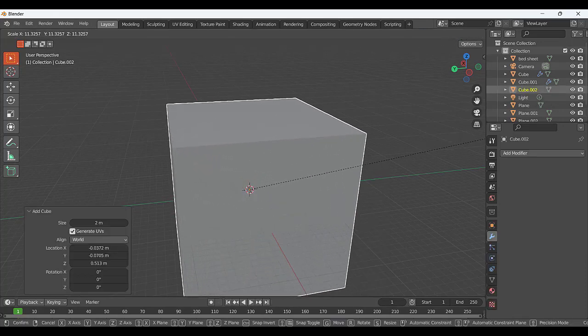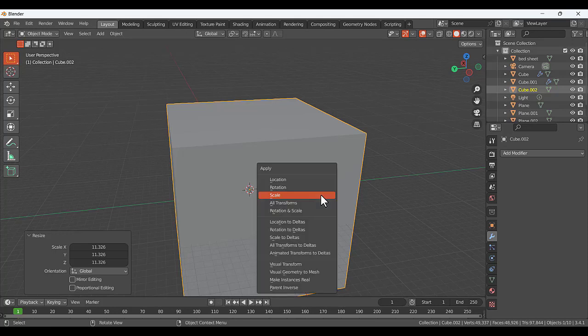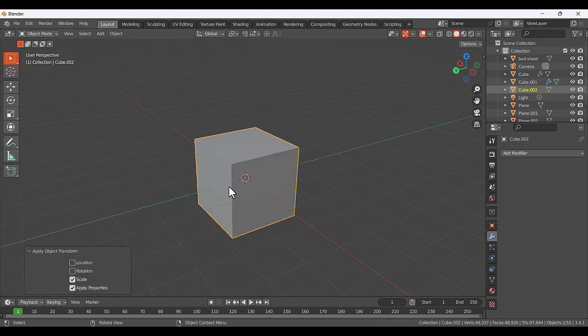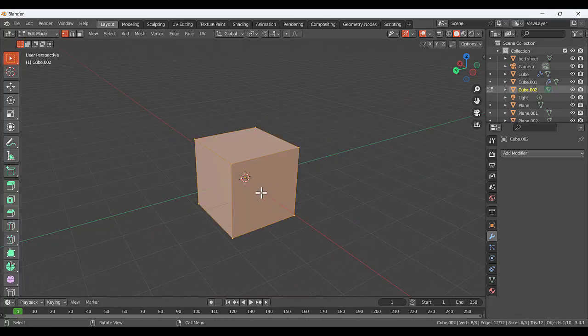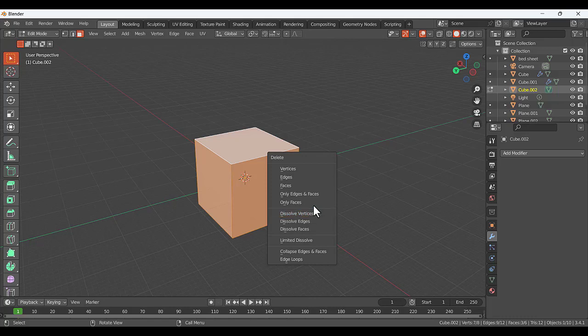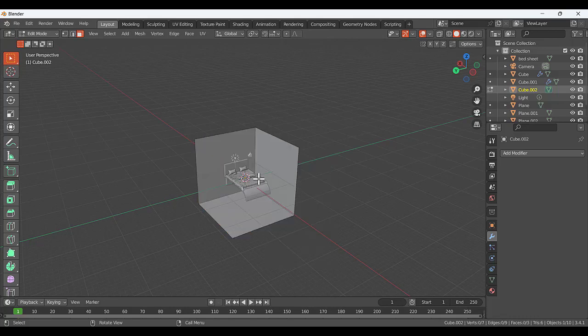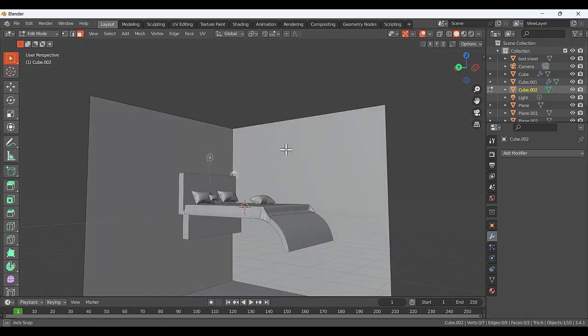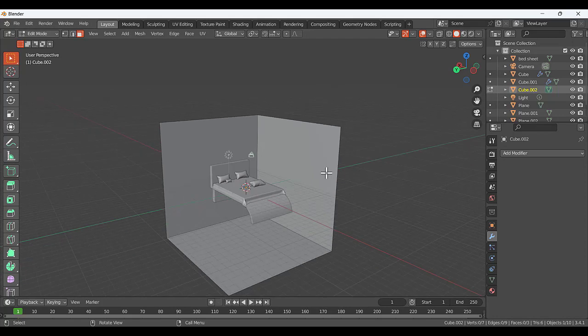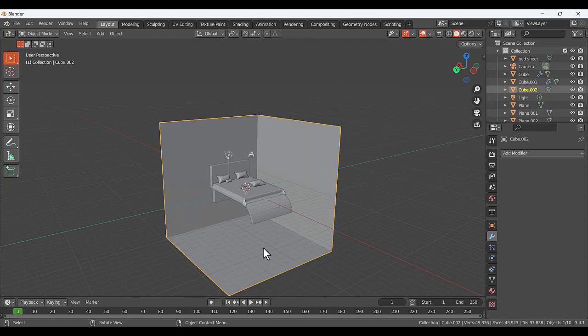Okay, so now we are going to press Tab to go to object mode, G to move in the Z direction, like that. So this is just touching this bed, G and Z, like that. And press Tab to go to edit mode,